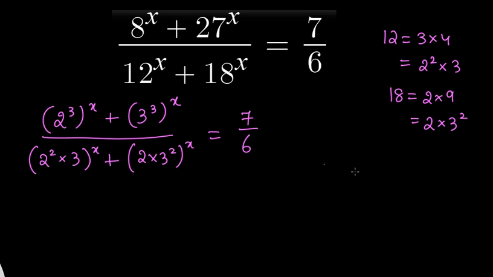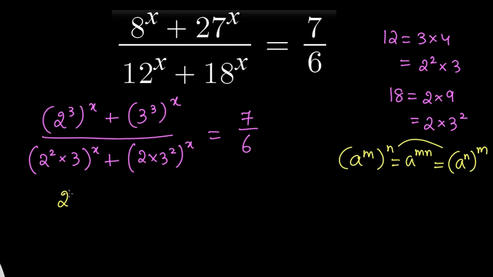Now we can interchange the powers 3 and x on the numerator. How can we do that? We know that (a^m)^n is nothing but a^(mn), and the same is the case for (a^n)^m as well. We can multiply them, so we can just interchange the powers whenever we have them. So we can interchange 3 and x here. We have (2^x)^3, plus here also we'll exchange,